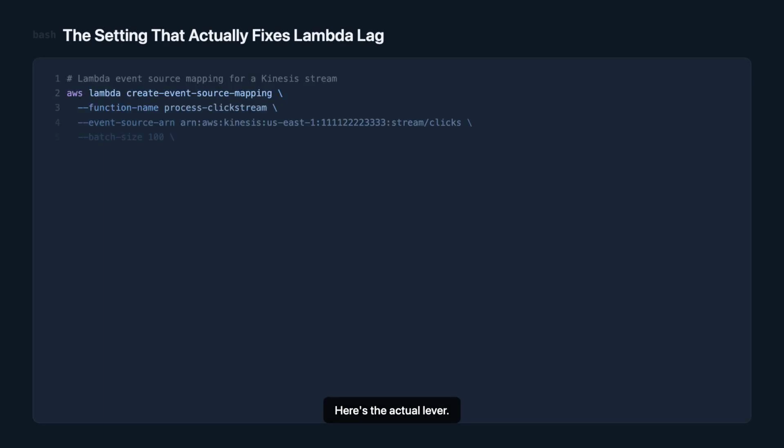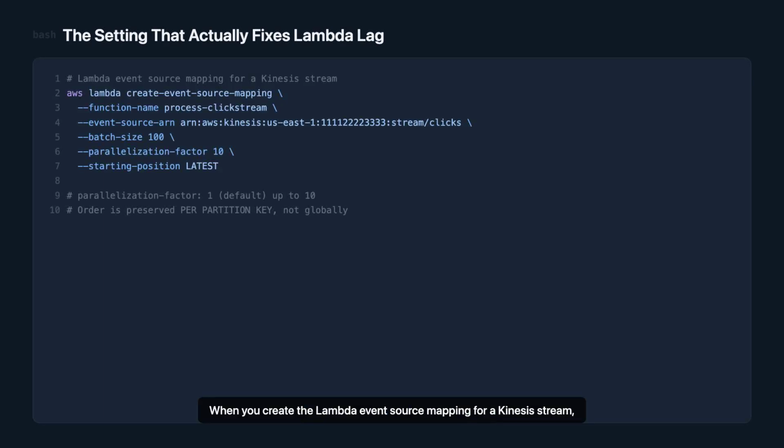Here's the actual lever. When you create the Lambda event source mapping for a Kinesis stream, you set parallelization factor. Default is 1, maximum is 10. With parallelization factor at 10, a single shard can be processed by up to 10 concurrent Lambda invocations instead of 1. That's a potential 10 times speed up on IteratorAge. But there's a critical detail: